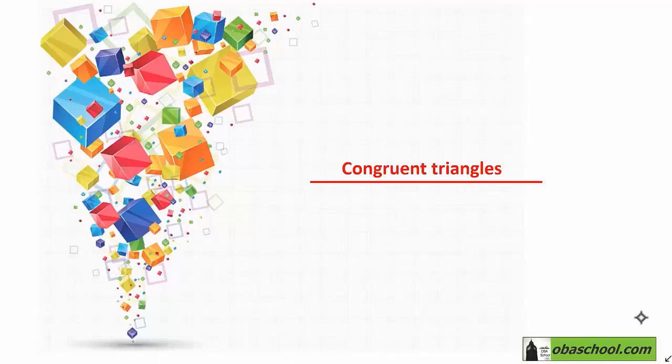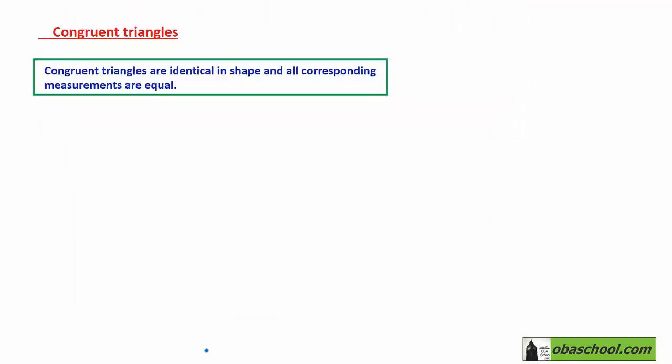In this tutorial, we're going to be talking about congruent triangles. Now, congruent triangles are identical in shape and all corresponding measurements are equal. So basically, if you put two congruent triangles right next to each other, you cannot notice any difference since they are identical. As you can see in such case, triangle A on the left side is congruent to triangle B